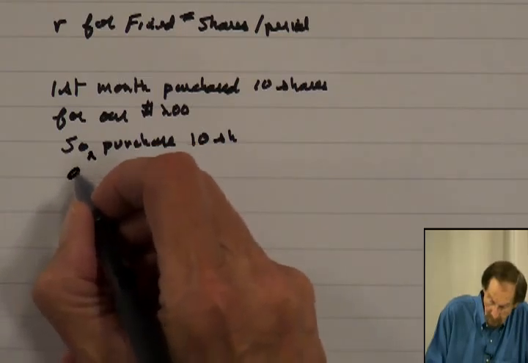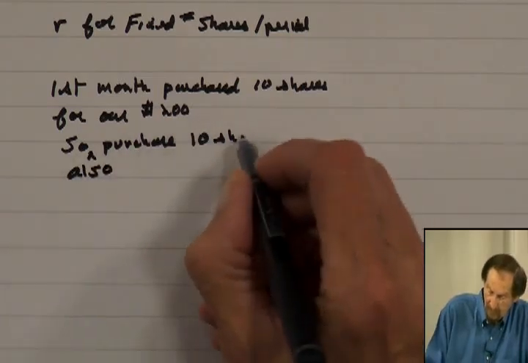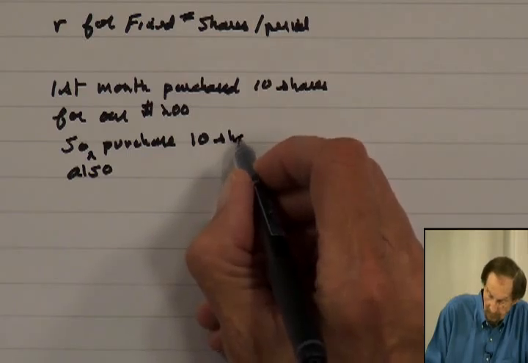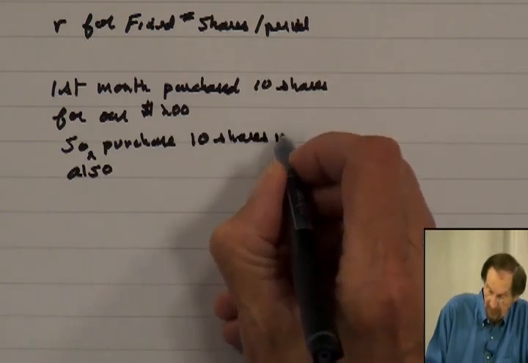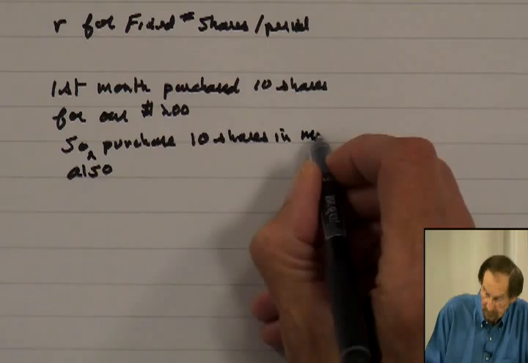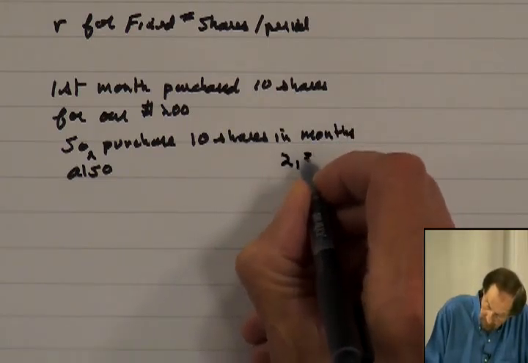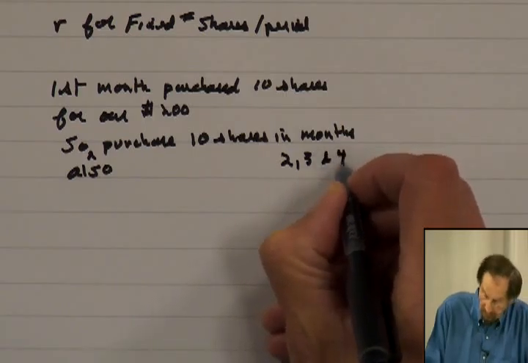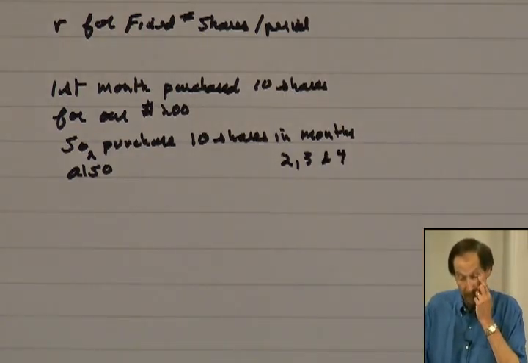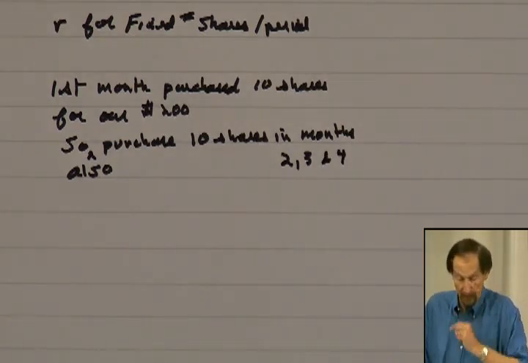Let me say also purchase 10 shares in months 2, 3, and 4. So we're going to purchase 10 shares in each of those months with the same number of shares. Now, let's calculate the value